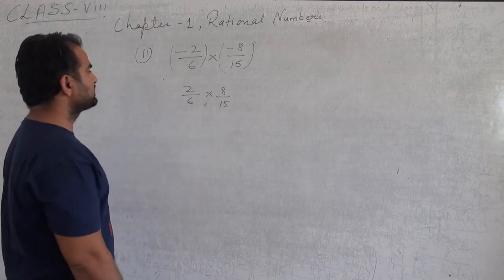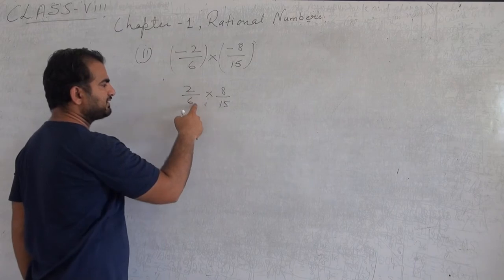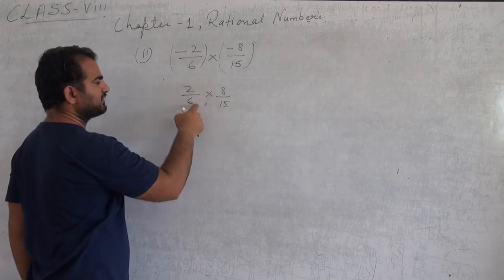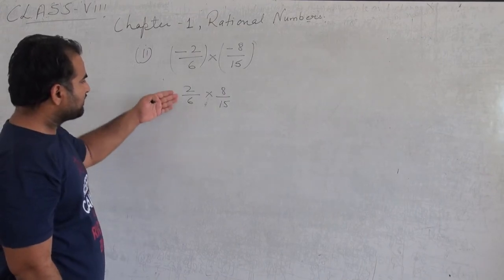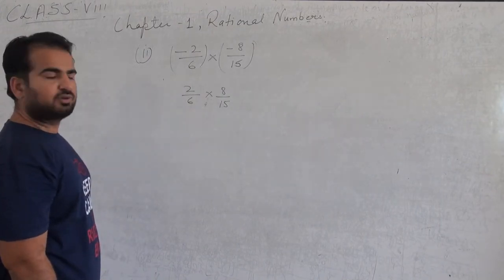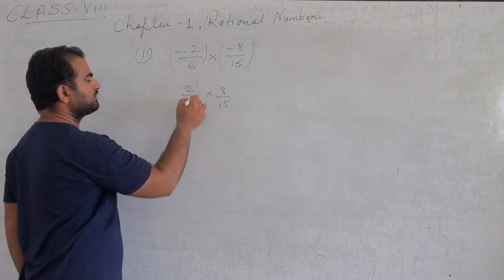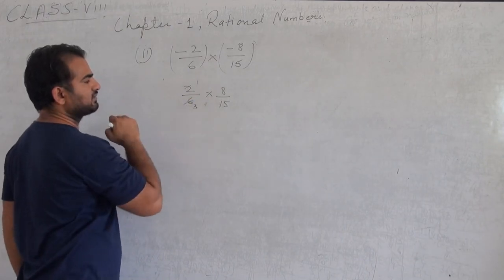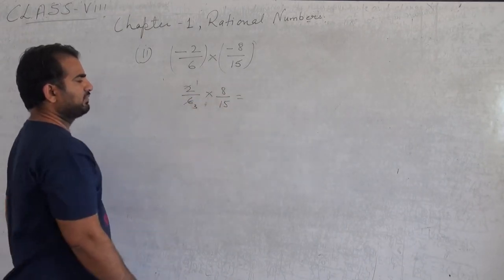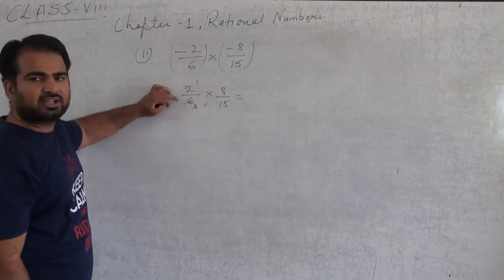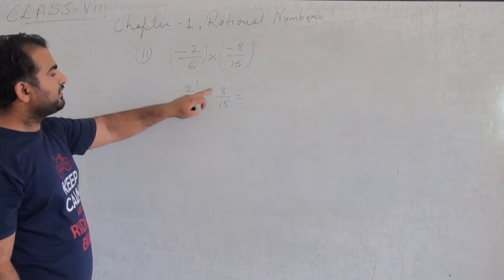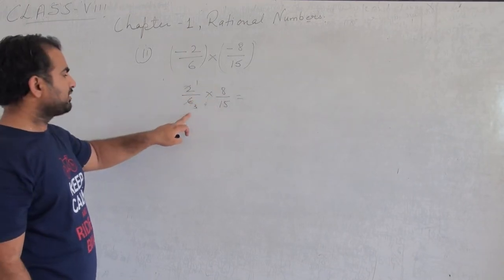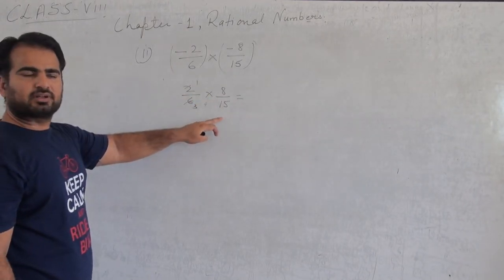Okay. So first of all, what we have to do? Can we divide this 2 by 6, or can both of these be divided by a single table? Then they are multiples of what? 2. So 2 ones are 2 and 2 threes are 6. Okay. We know that a numerator can be divided by a denominator, but a numerator cannot be divided by a numerator, and a denominator cannot be divided by a denominator.